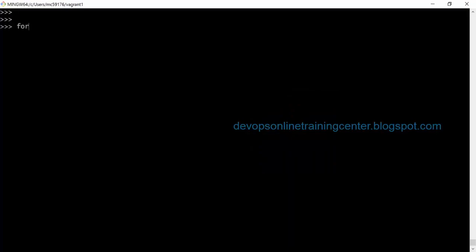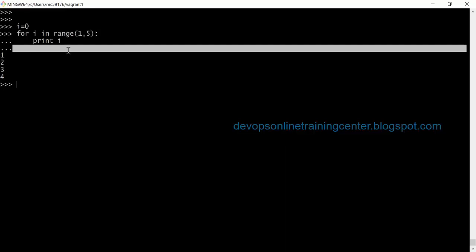For I in range 1 to 5, print I. So this will print the range starting from 1 to 4, excluding 5. Right, so this is a range operator.